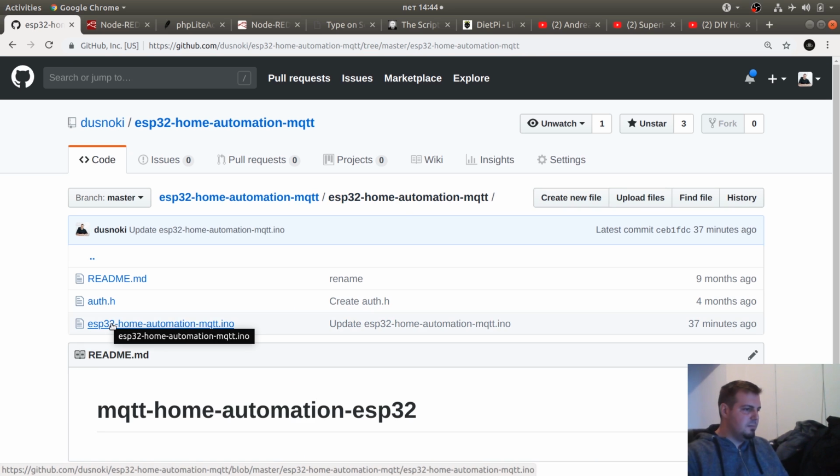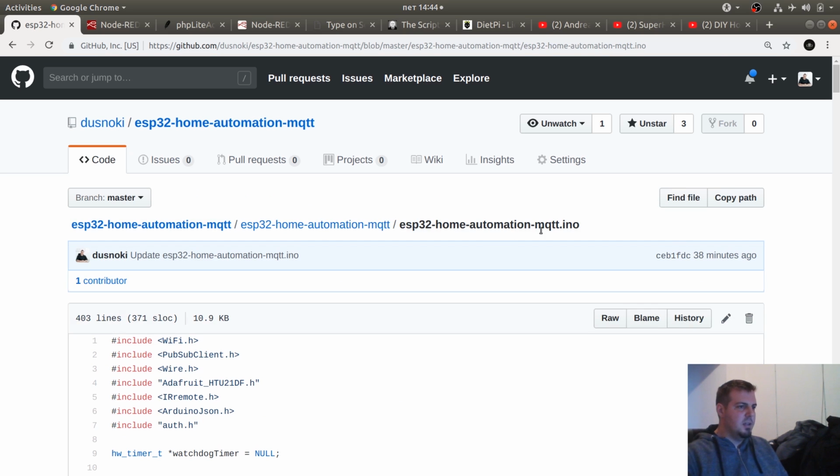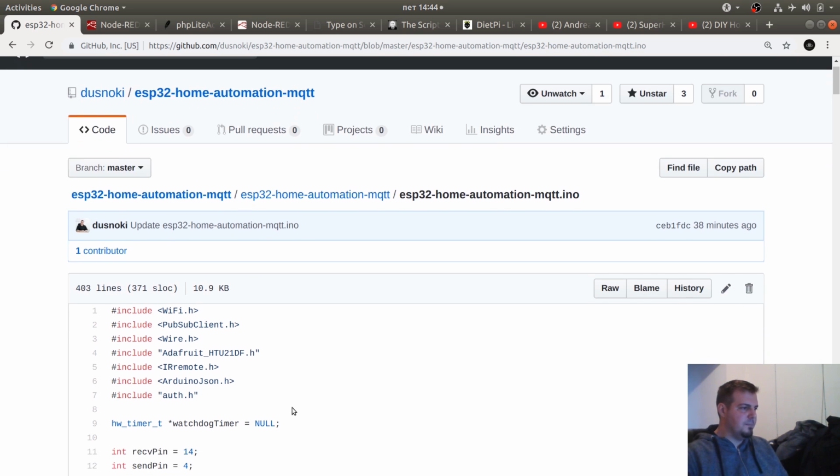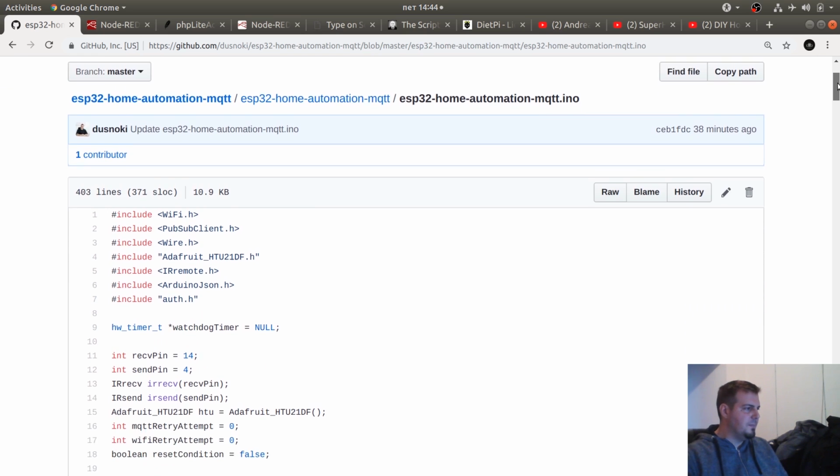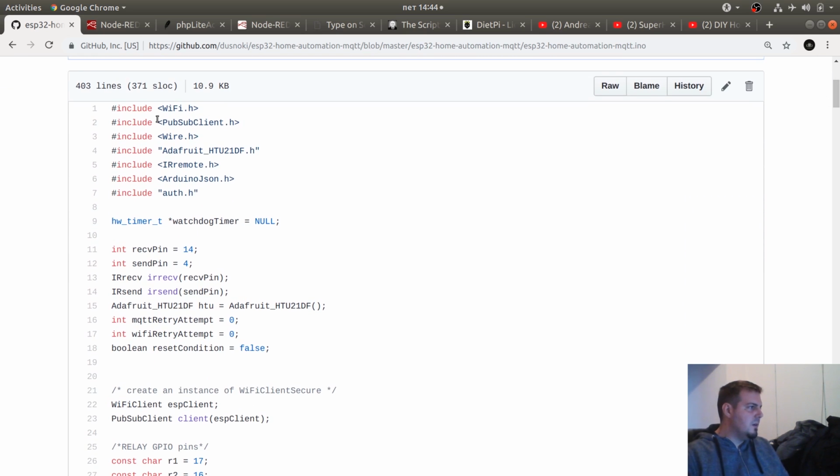And the main project is here, ESP32 Home Automation MQTT.ino. So let's dive right in. So first of all, I include a couple of libraries: Wi-Fi, PubSubClient for the MQTT, Adafruit HTU21DF for the HTU21 temperature and humidity sensor, the IR remote library, which